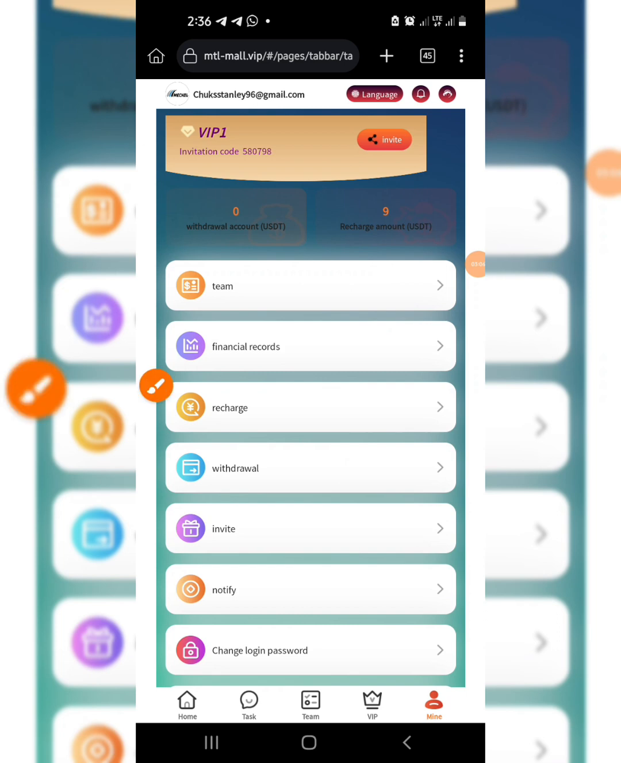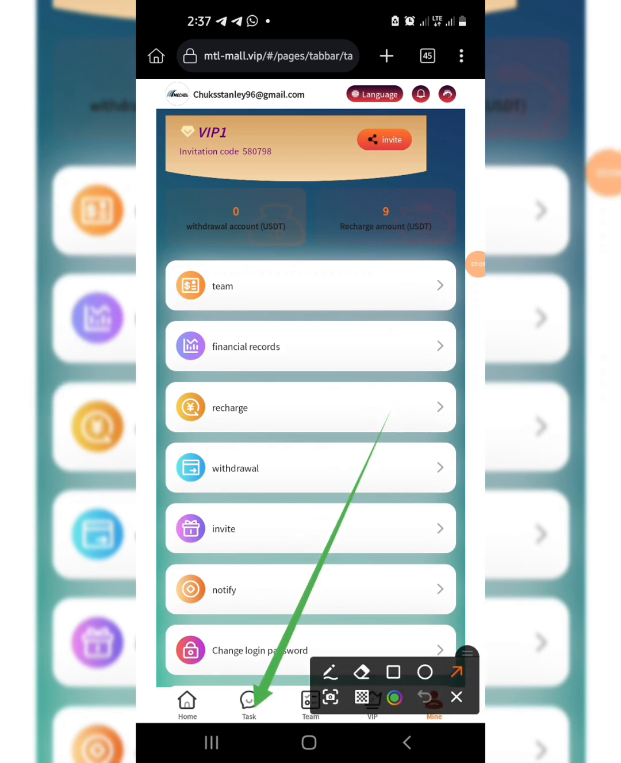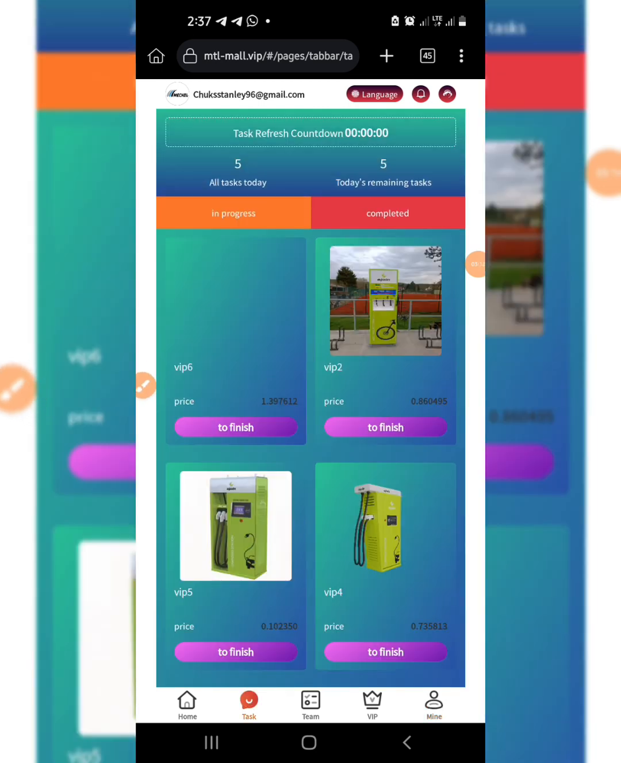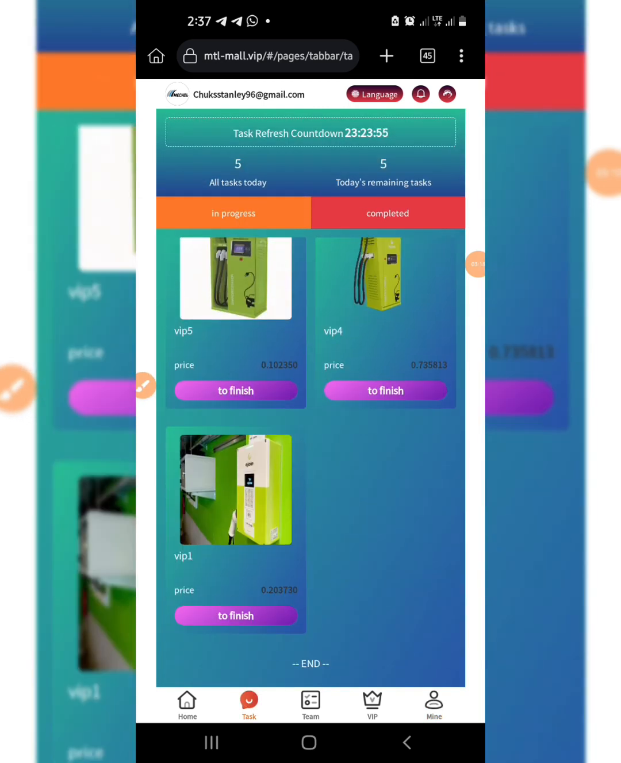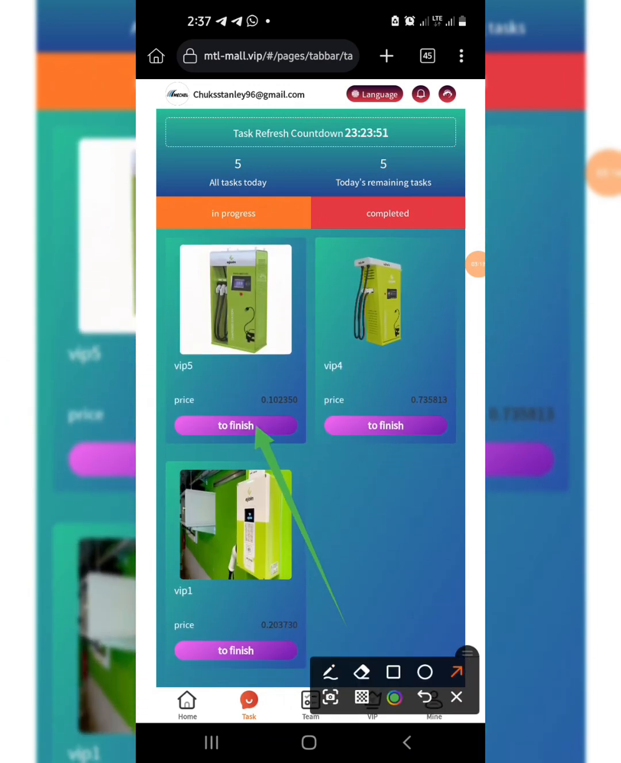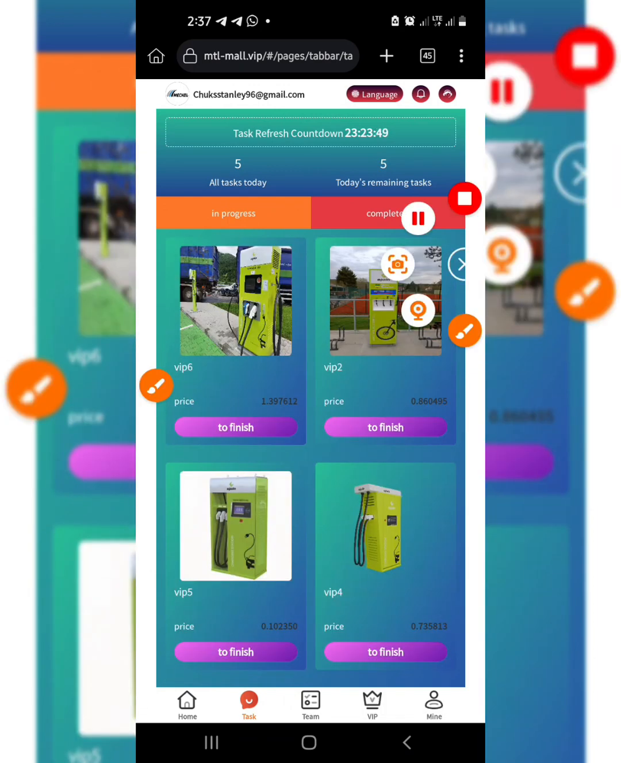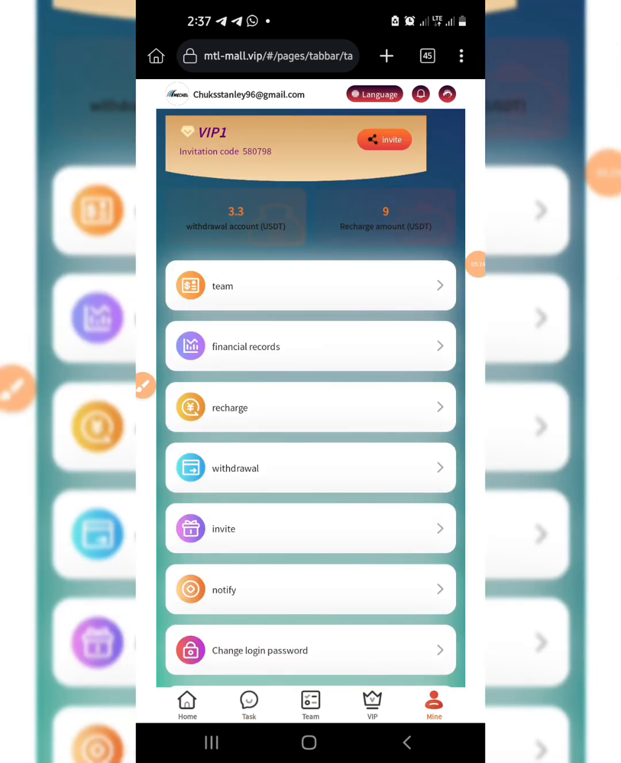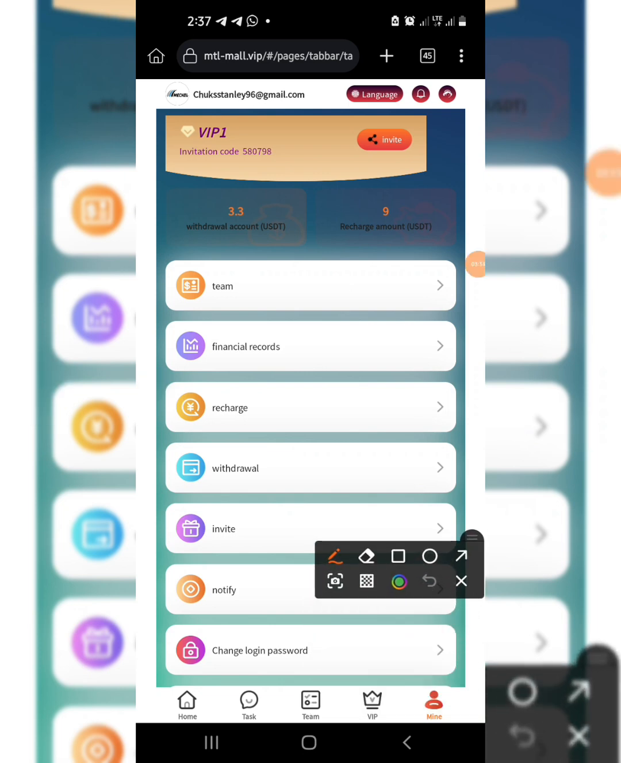After your deposit, you go to the tax to complete your tax for the day, and for every day you have 5 taxes to complete. To complete your tax, all you need to do is tap to finish, and it's going to be done immediately. After completing your tax for the day, you go to mine, which is over here, and as you can see, 3.3 USDT. After doing this, you are going to place your withdrawal, but before that, to refer,